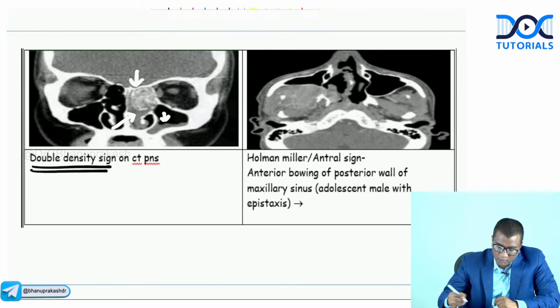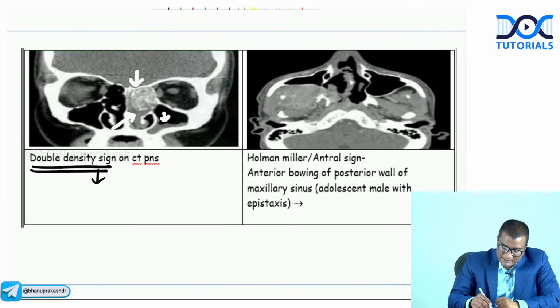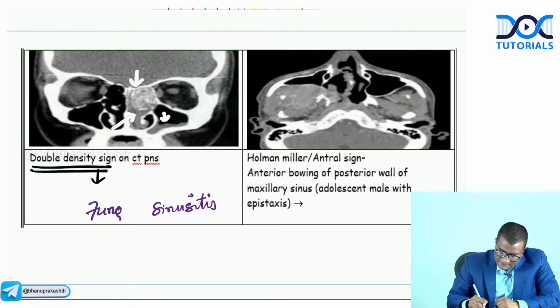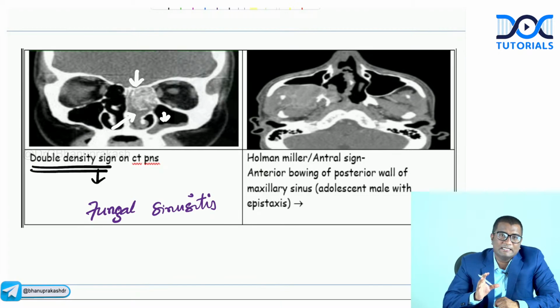Anybody can tell me, where do you see this double density sign on CT PNS? Please remember, double density sign, you understand this is sinusitis. So one thing we understand, there is involvement of the sinuses. So this is sinusitis. Now, if it was fungal sinusitis, you would see hyperdense elements, but this classic double density sign